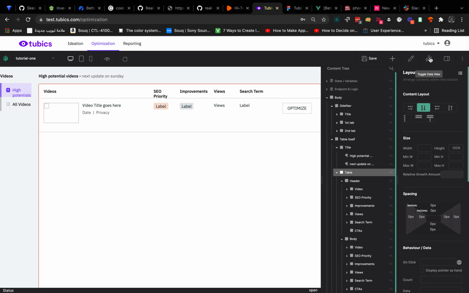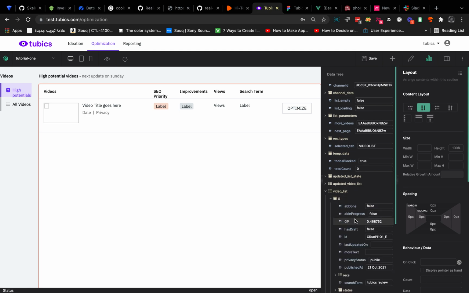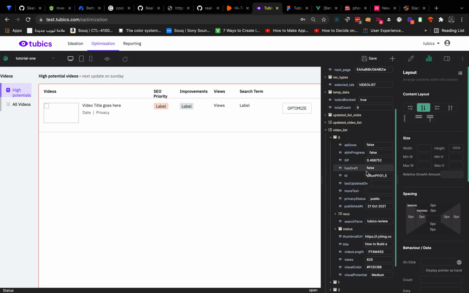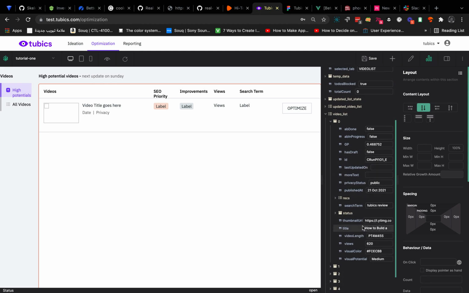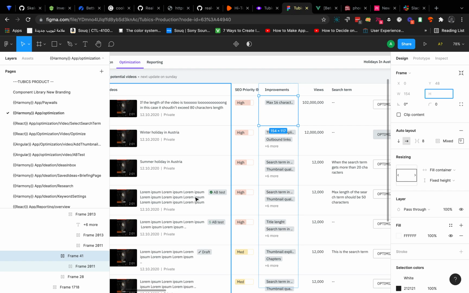So to do this, if you go to the data view, you can see here video list, and inside each video you have thumbnail URL, title, views, visual potential, which is the SEO priority, privacy status, published at, has a draft, AB in progress, AB done. So yeah, what we forgot actually here is to add this status label